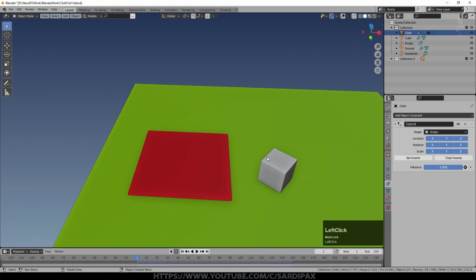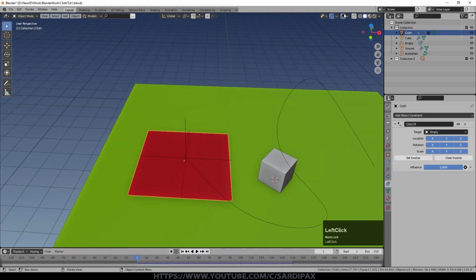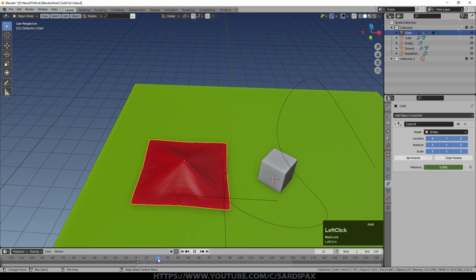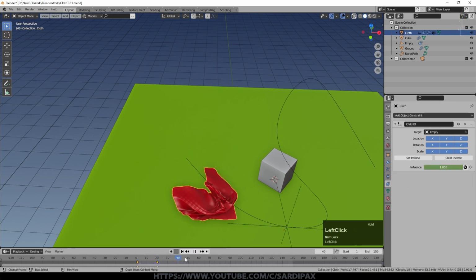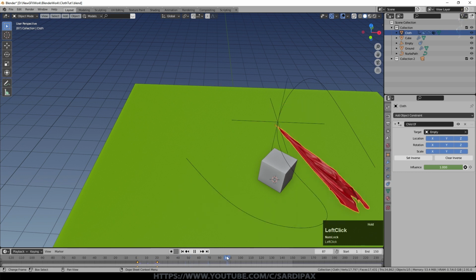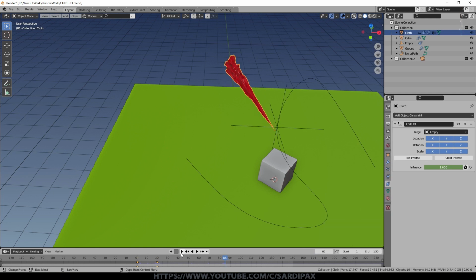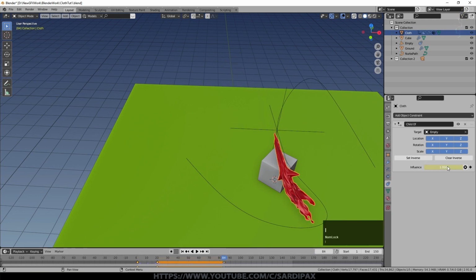But the reason I did it this way is because part way through I wanted the cloth to stop following the path. I wanted to be able to control when it started and when it stopped. And what we can do, of course, is animate the influence. So I could start with an influence of 0. By about frame 20, I can put that influence up to 1. I could let it run for perhaps 85 frames.